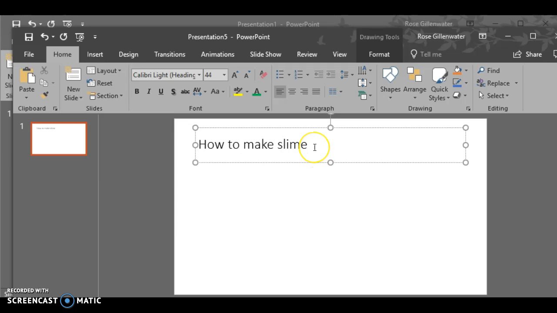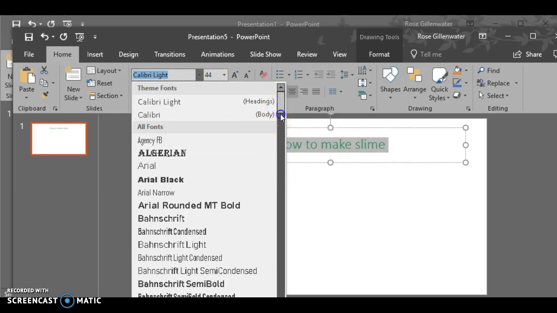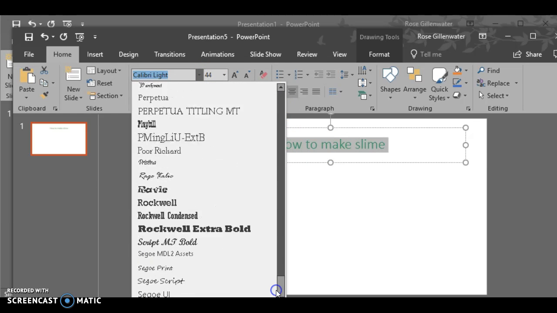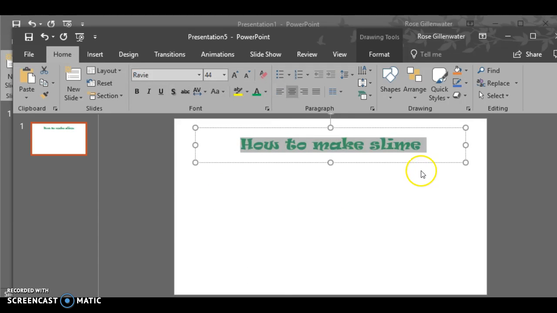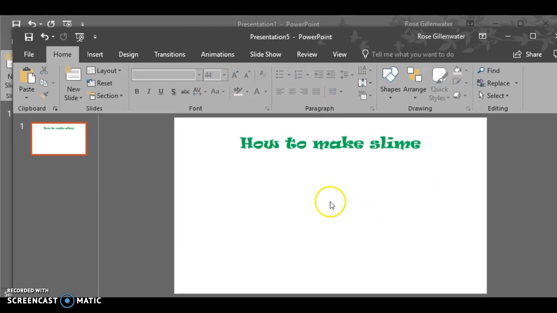So I type in my title, and I'm going to go ahead and change the color and the alignment and the font just to have something more interesting. Then I'm going to click out of that text box in the center of my slide, and from there I